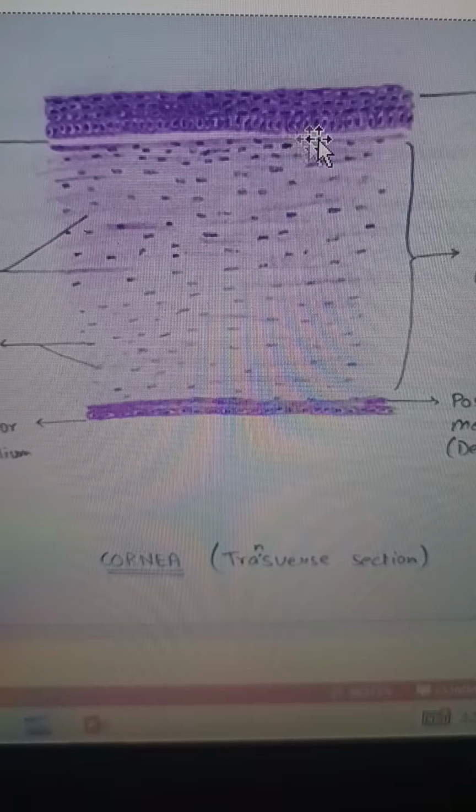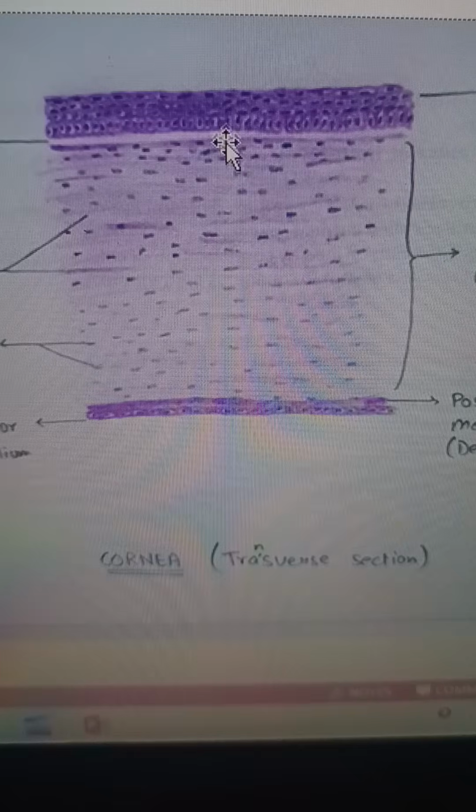Every epithelium has a basement membrane. So the basement membrane of this outer epithelium, that is A, the stratified squamous non-keratinized epithelium, is called Bowman's membrane. So that will be B. And followed by the connective tissue area, that is 90% of the cornea is made up of corneal stroma or the connective tissue known as substantia propria.